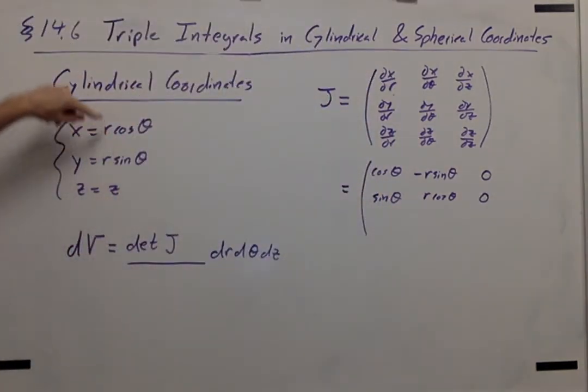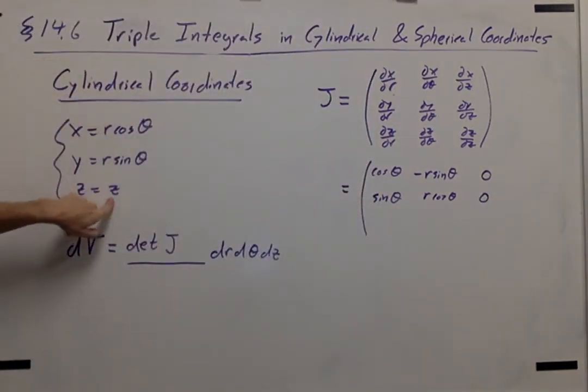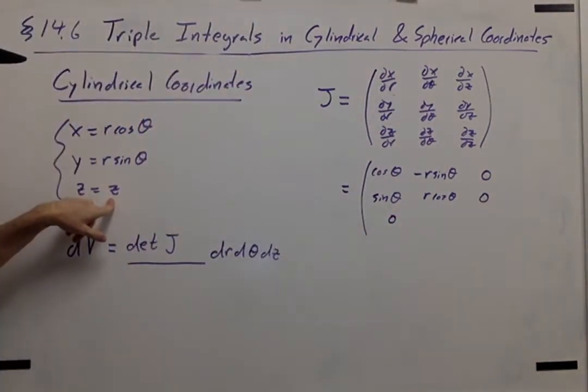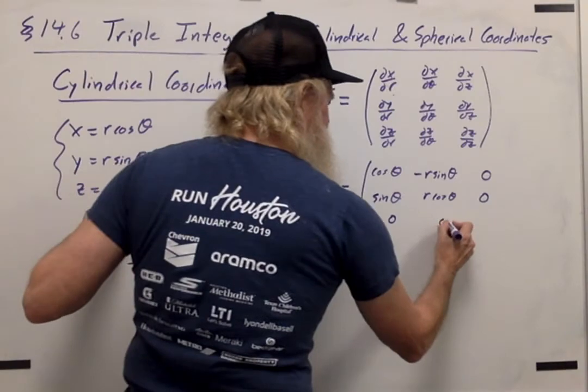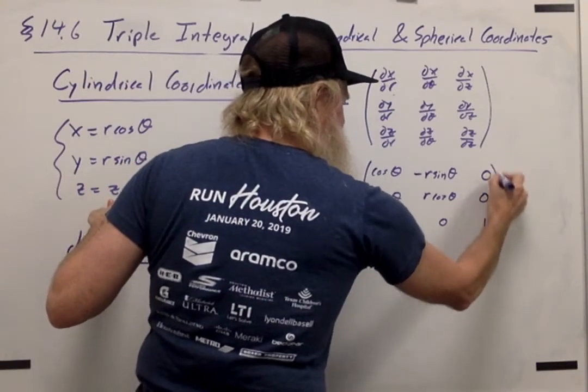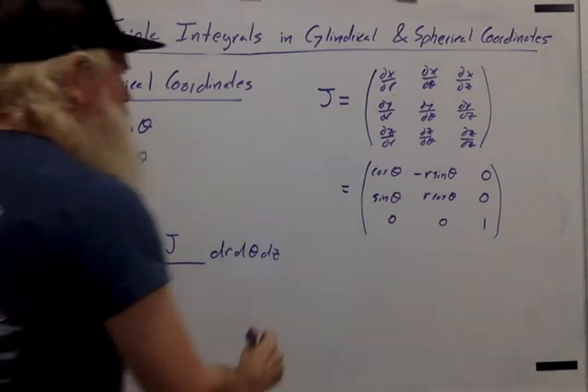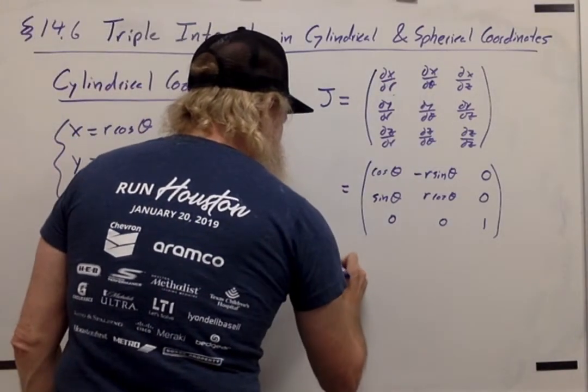And finally, the derivative of z with respect to r is 0. The derivative with respect to theta is 0. And the derivative with respect to z is 1. So if we take the determinant of this matrix,